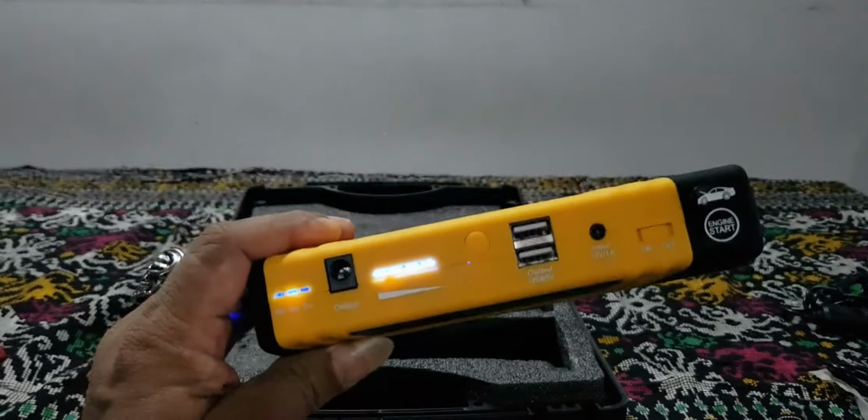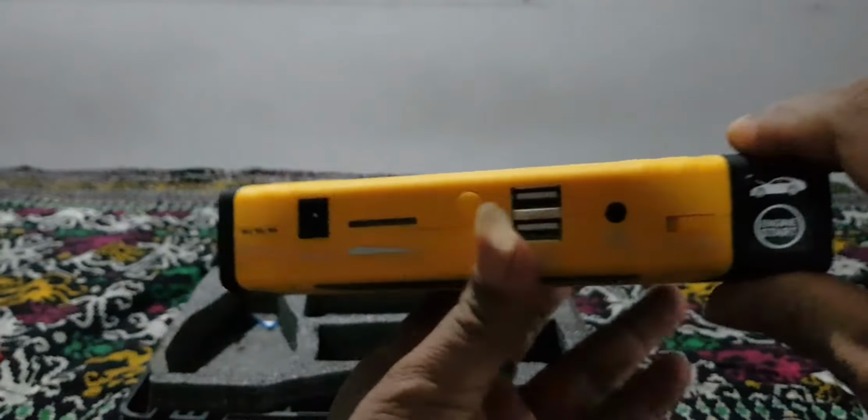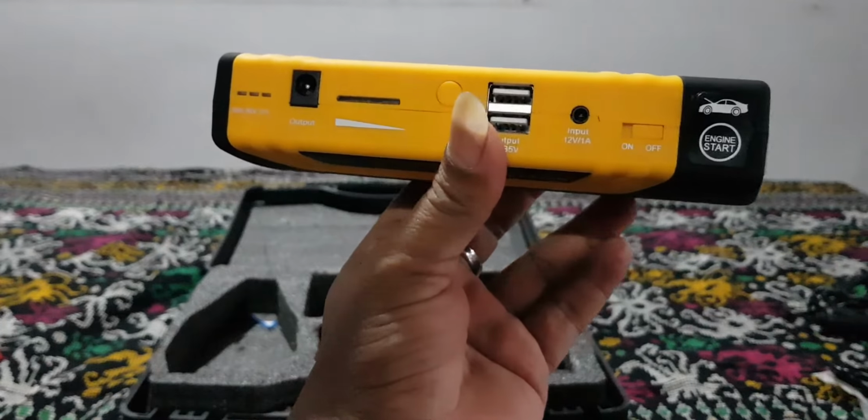Yep, that's the end of that. So that's basically what you find in the power bank. I'll then demonstrate how you actually use it. Alright,